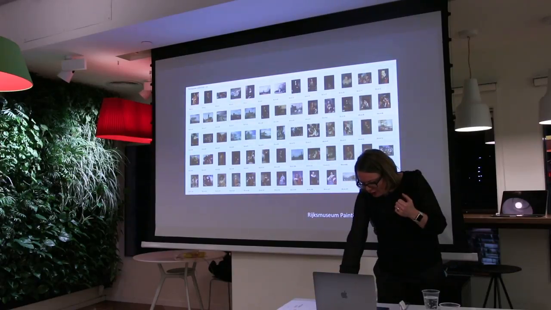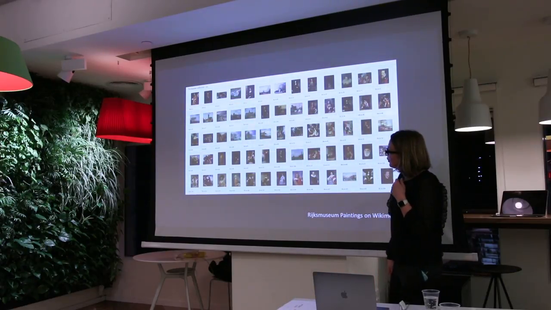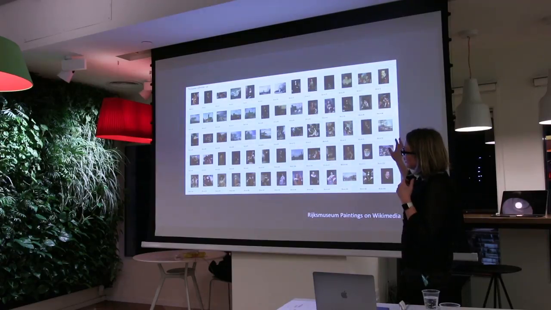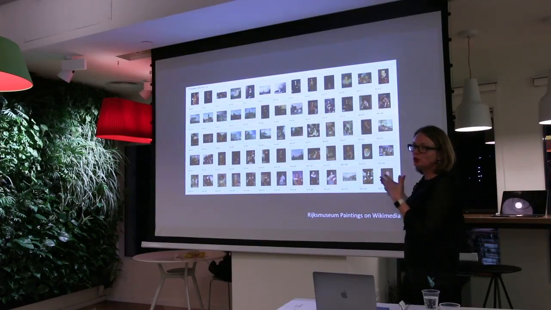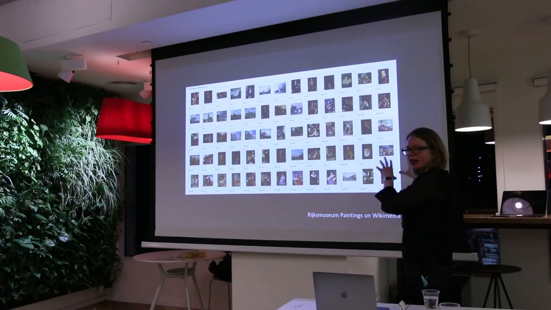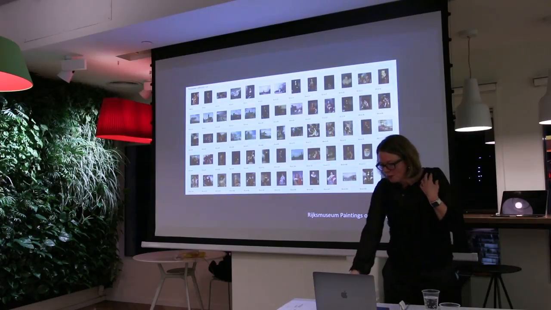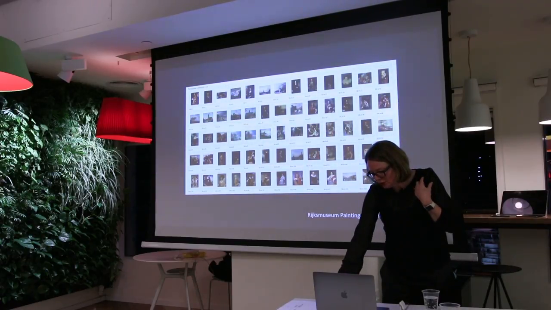But I also have a lot of good examples of what machines can do for you. This is the upload of the Rijksmuseum paintings to Wikimedia Commons. There is or was an automatic upload tool for museums. I don't know if any of you have seen it or uses it. But you can automatically upload images to Wikimedia Commons, and then other people can use the images from your museum or library or archive as an illustration to an article. And so we uploaded our paintings.